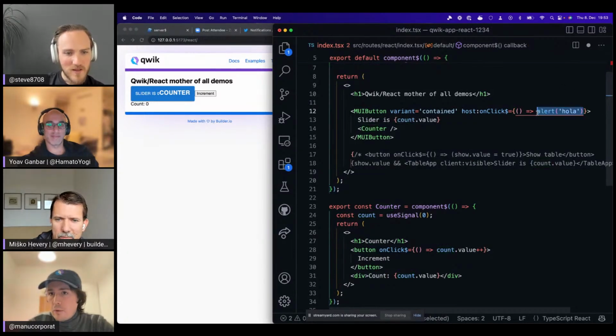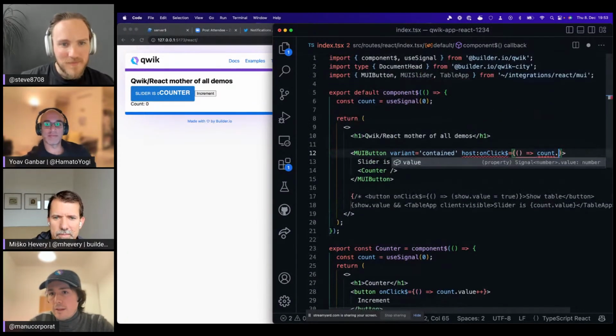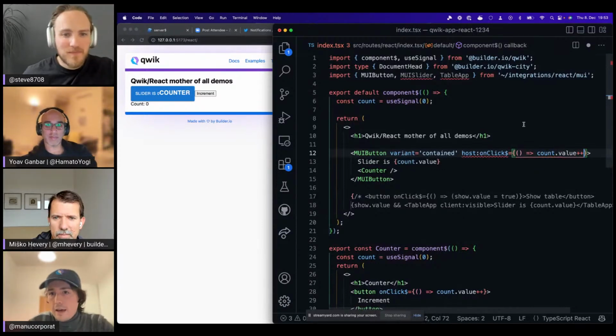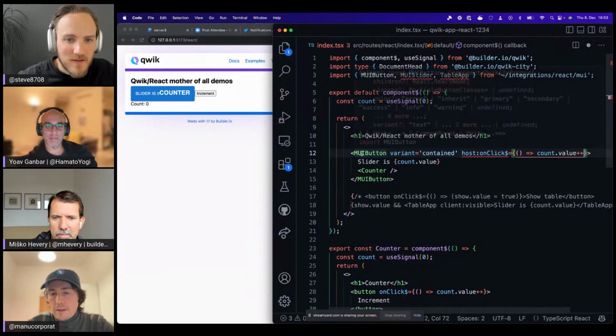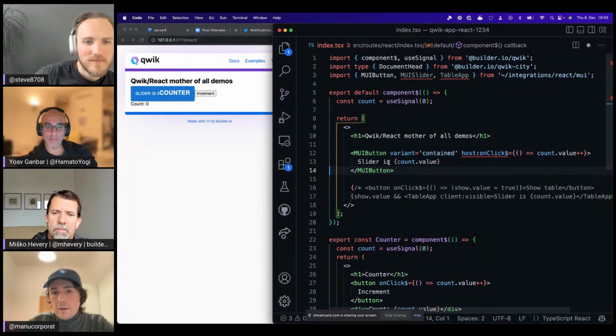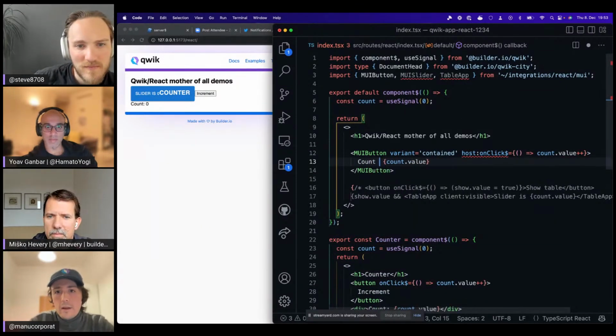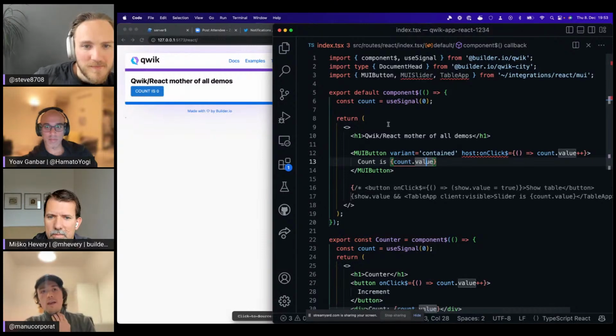Because before we do this layer, that is kind of simple. In a case, I might have this Material UI component that I want to click, and I want to say count is value. So think about this one, right?